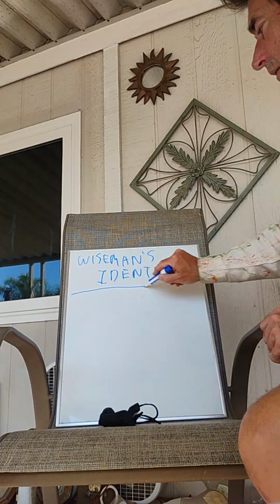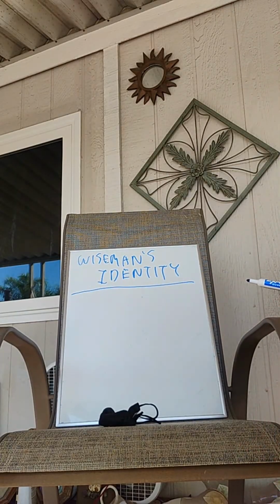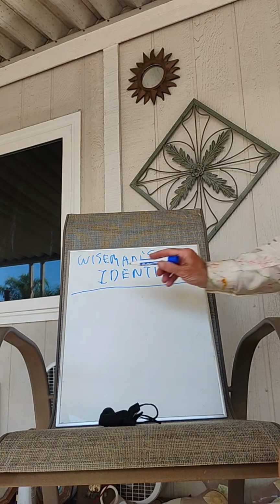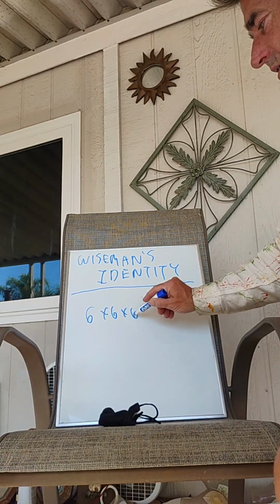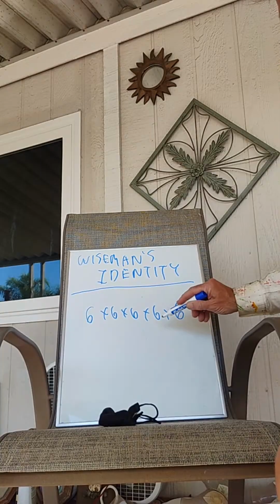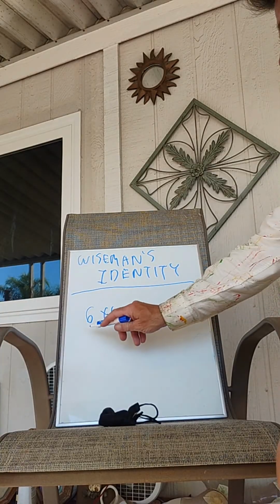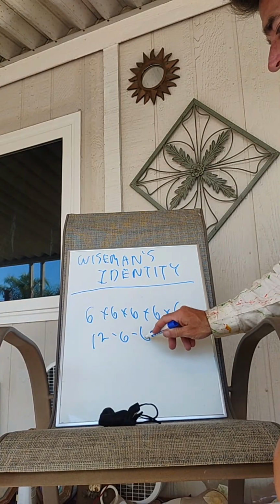Now, while I was playing around with numbers to powers, I thought, what if I took higher powers other than 3? It took me a whole day to do this, by the way. And at the end of the day, all I figured out was that if you take 6 times 6 times 6 times 6 times 6, which incidentally is 5 sixes, as in 12, 6, 66 is my